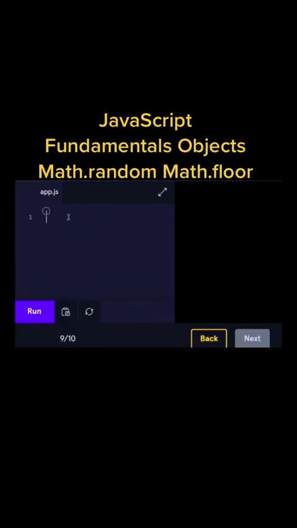Right, so the first thing they ask us is, inside of console.log, create a random number with math.random, then multiply it by 100. So we're going to take console.log. We're going to use the math object, math.random, to get a random number. And then we're going to multiply it by 100 so that we can get a random number between 0 and 100. So if we run this, as you can see, there's a random number between 0 and 100,